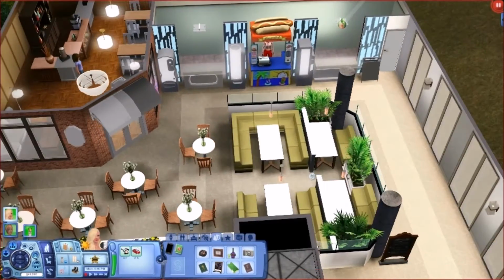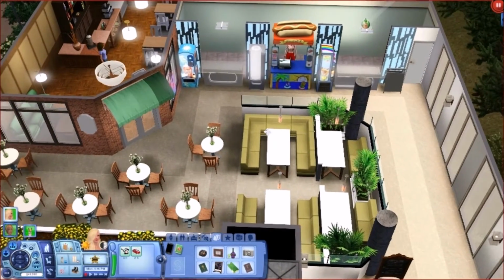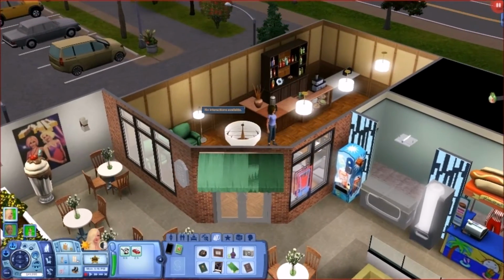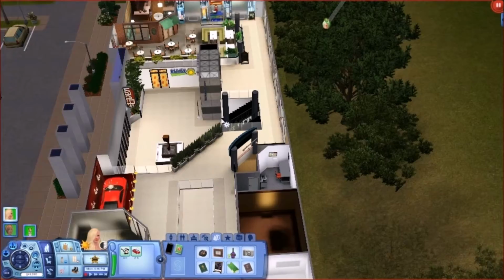So you have a beautiful little food court out here. Vending machines in case your Sims don't have too much money on their hands and whatnot. But you go in here. This is another little cafe, and they have the barista bar, of course, and a sitting area in there. On the other side,